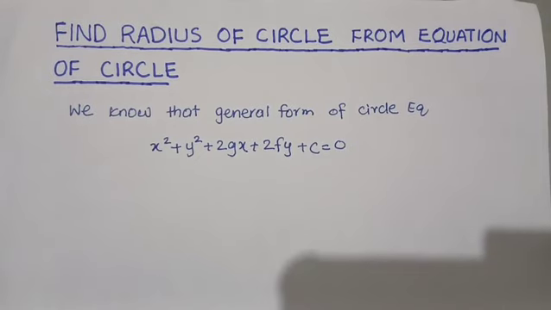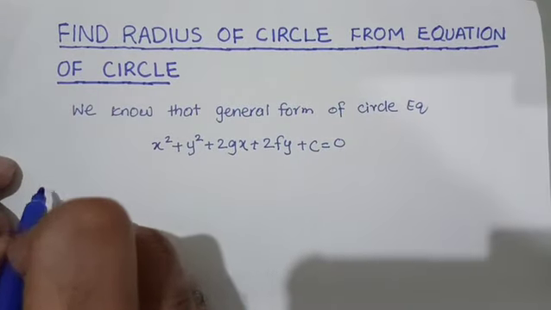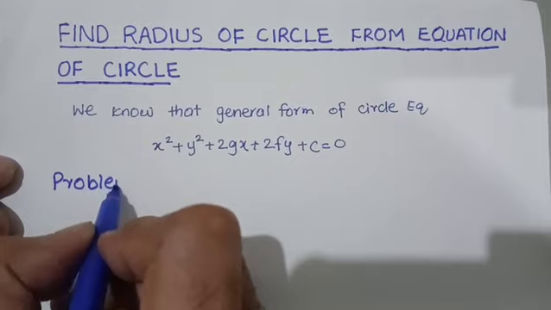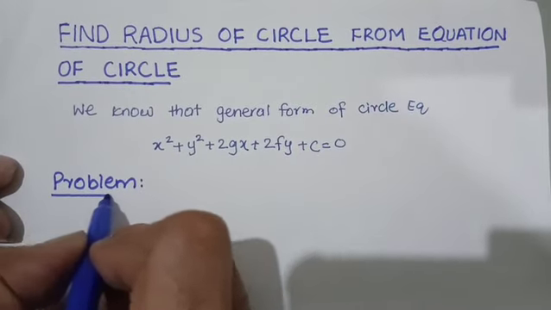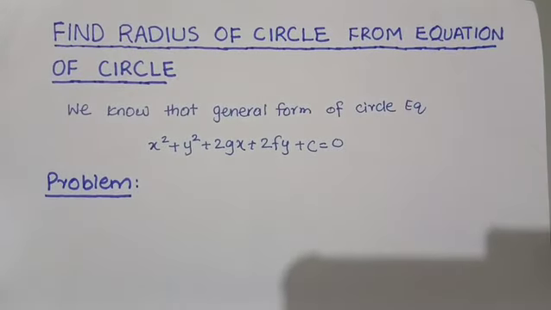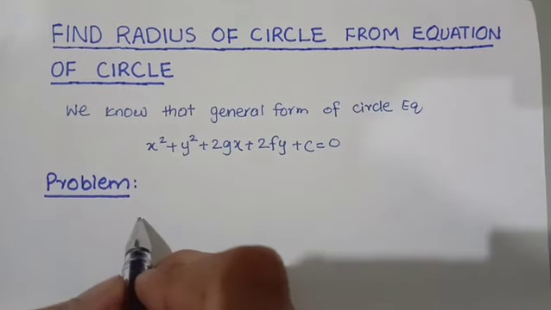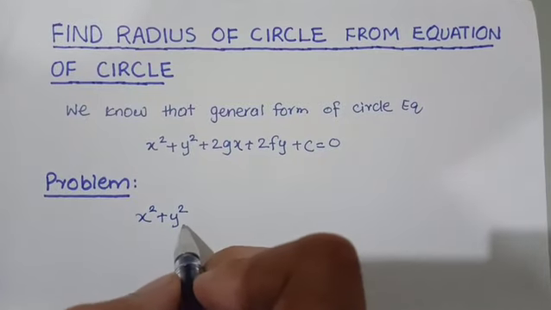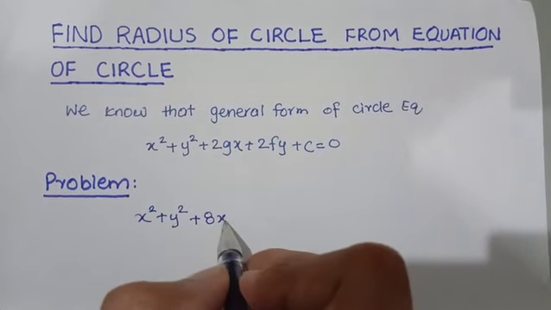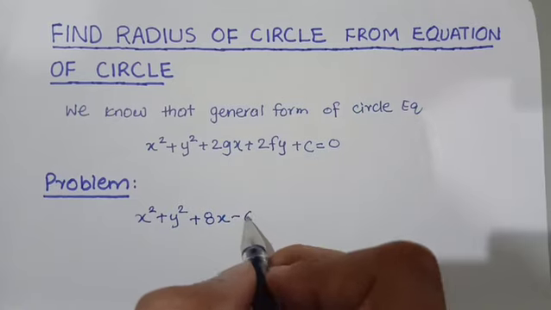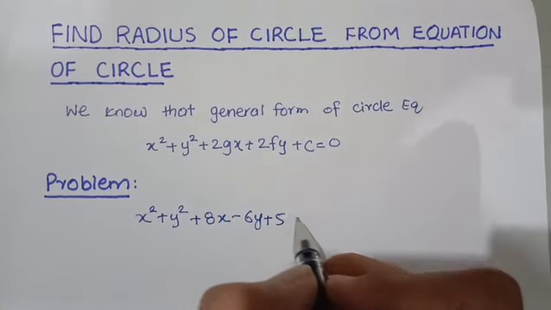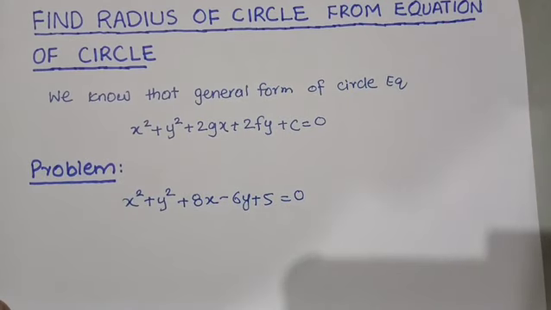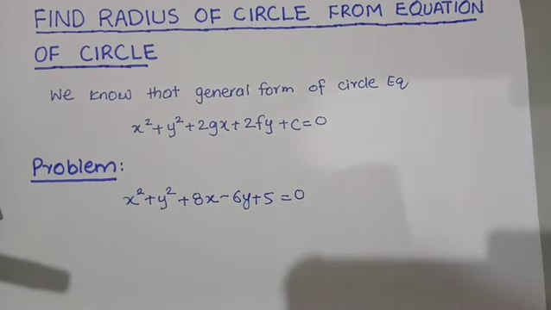Now we have a problem statement. We are going to solve this problem in which we have equation x square plus y square plus 8x minus 6y plus 5 is equal to 0. We are willing to determine radius. We also know that